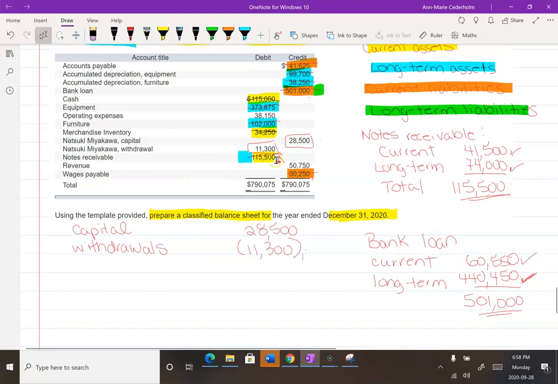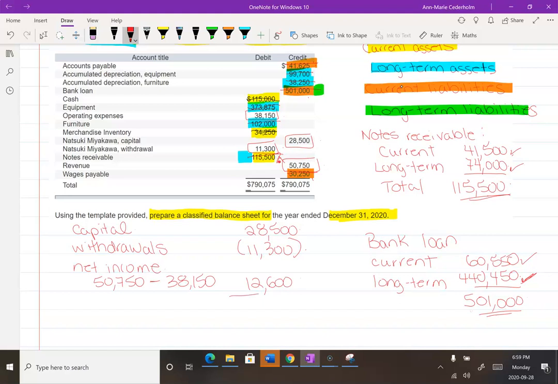And now I'm going to take my revenue and my expenses, so basically my net income. So in this case, it's the 50,750, subtract my expenses. The only other expense I see here is the 38,150. So that's